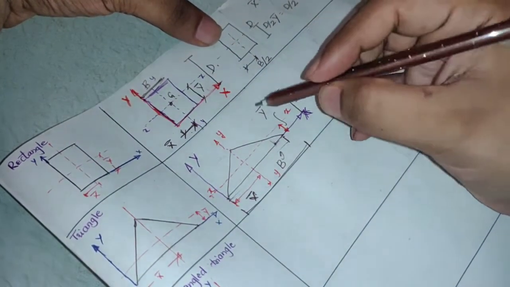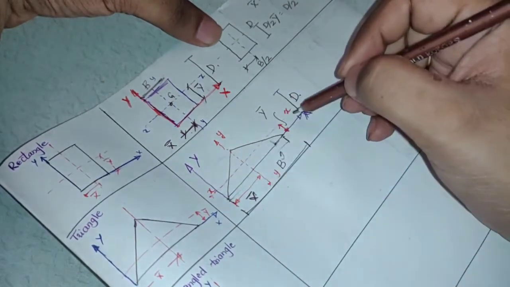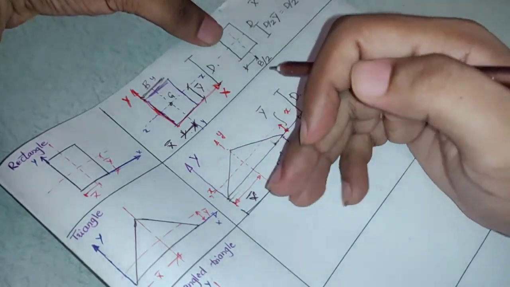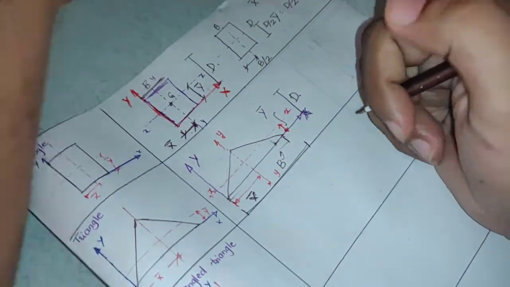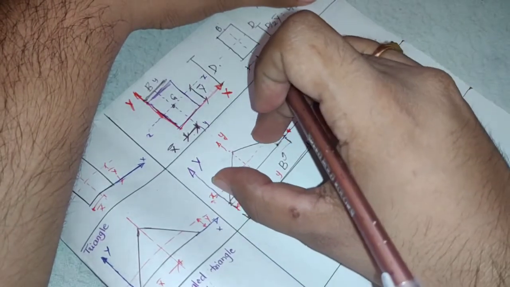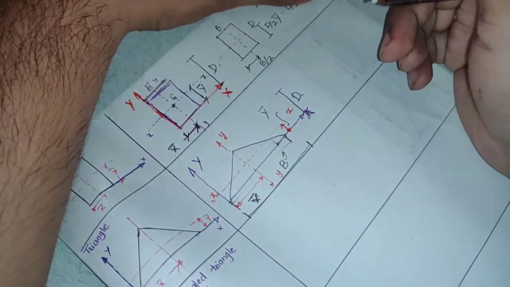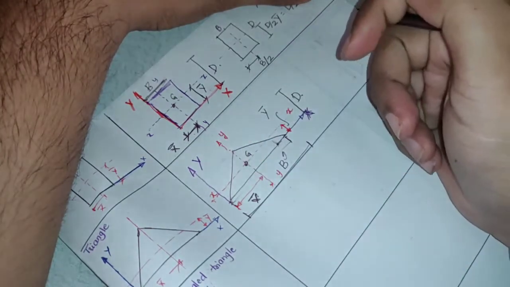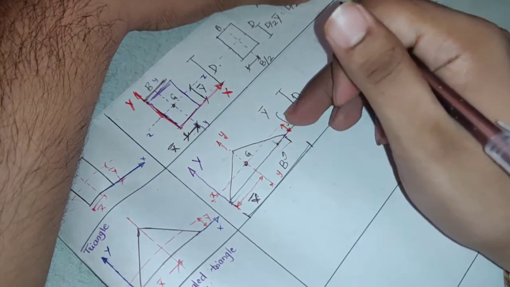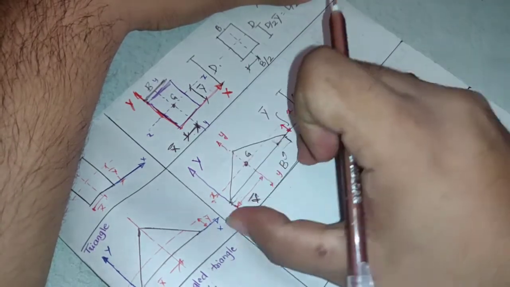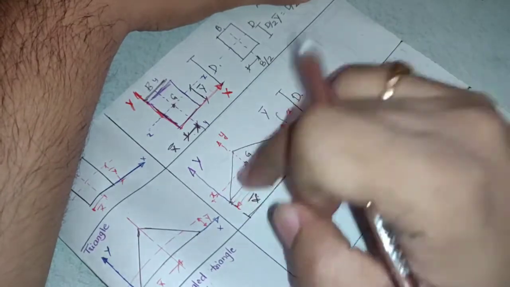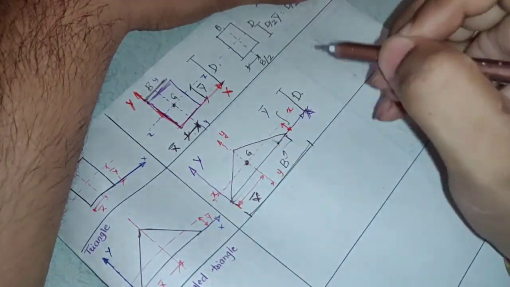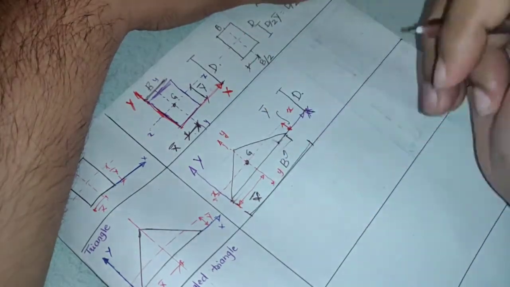Is it possible that if I cut it exactly at half about the x-axis, the area will be exactly equal on the upper side and lower side? No, it is not equal, because the width is decreasing as it goes to the higher part, right? So I have to locate this point G about what axis? It is unsymmetrical about the x-axis, but it is symmetrical about the y-axis. That is, area is equally divided about y, but it is not exactly divided about x. So I have to locate this point G such that the area on the upper side and lower side is the same.